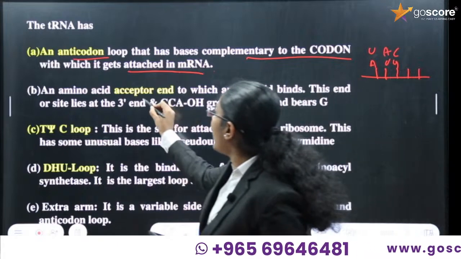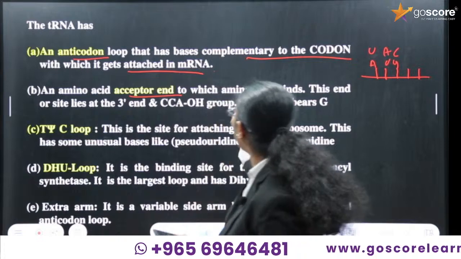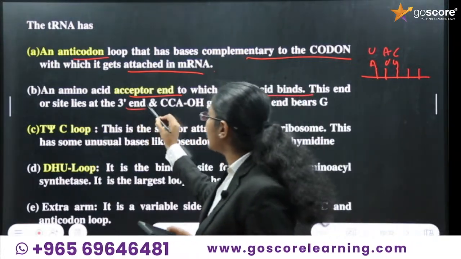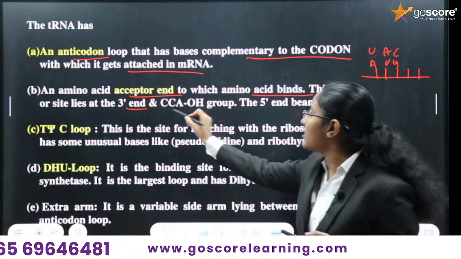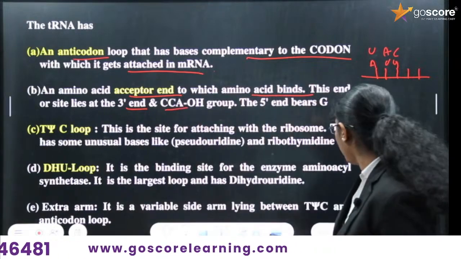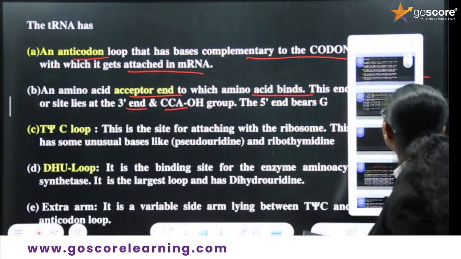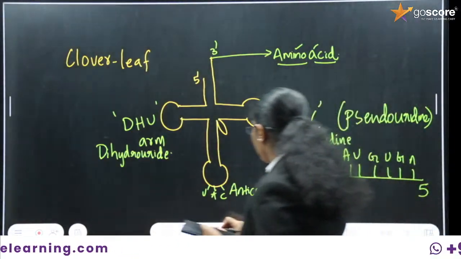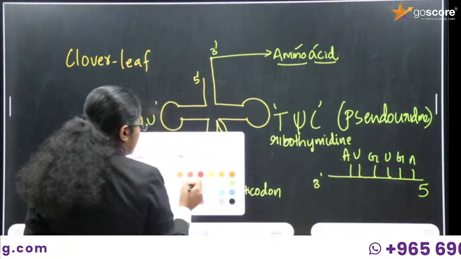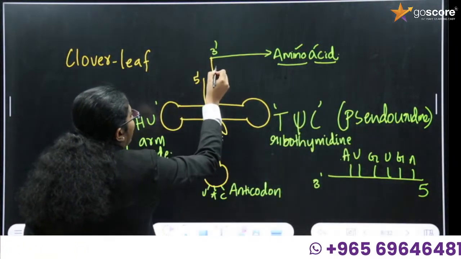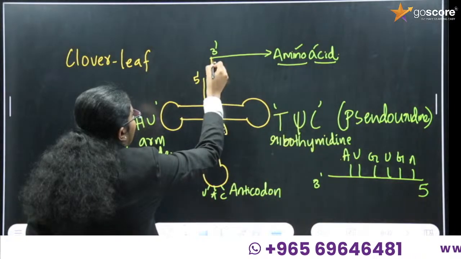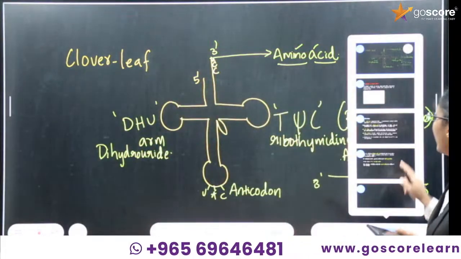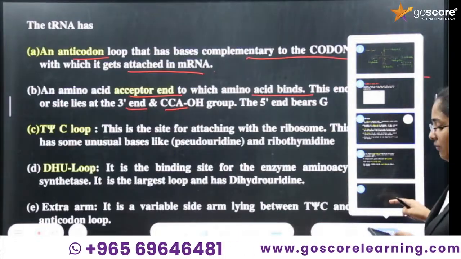Then the amino acid acceptor end, to which the amino acid binds, is at the 3' end. It has CCA. What end does it have? It has CCA. If you look into the 3' end, see, this is the 3' end, right? So here you have CCA. Next, if you look